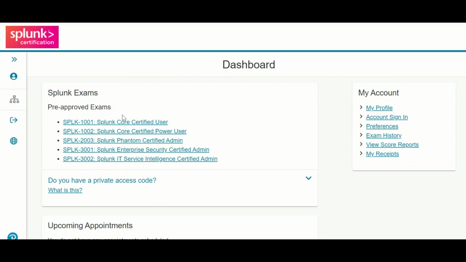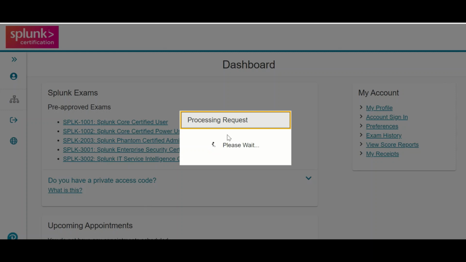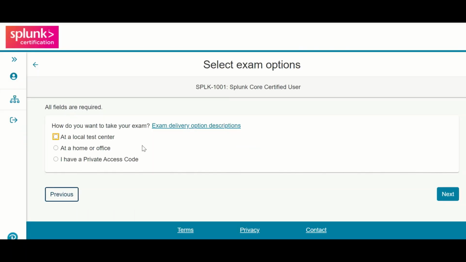Now you need to select whichever exam you want to go for. I am clicking on Core User. Now it will ask whether you want to take the exam at a local test center, at home, or with private access.